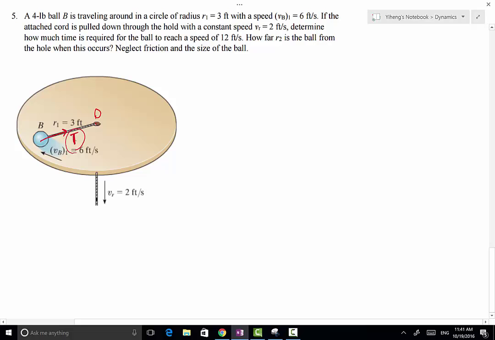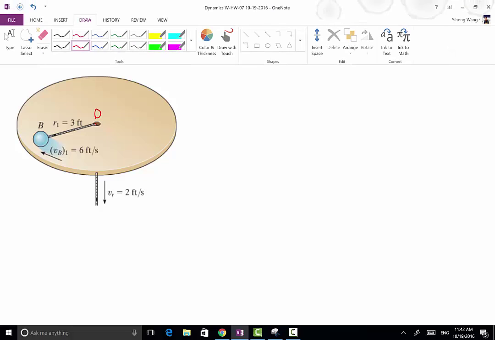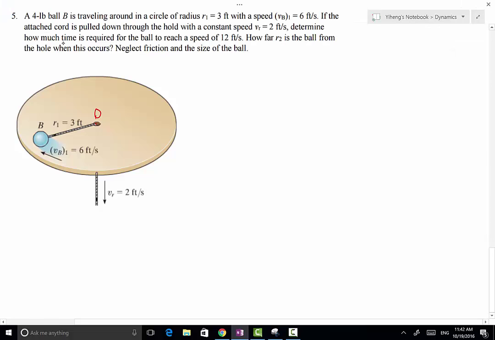Therefore, this force will not cause any angular impulse about point O. So as a result, we have these two forces that cancel each other out, and this force that would never create angular impulse about point O. Therefore, we can solve this problem using the conservation of angular momentum about point O, which means that we will have